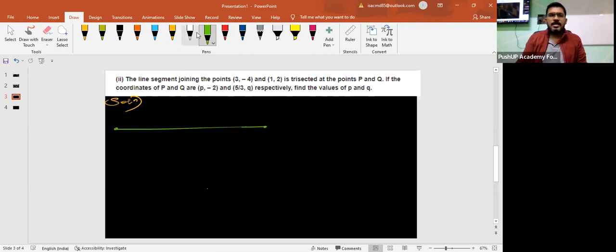Let us understand this question by using a diagram. The line segment joining points 3, -4 and 1, 2 is trisected at points P and Q. So